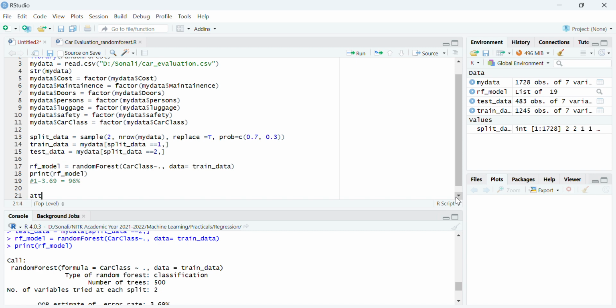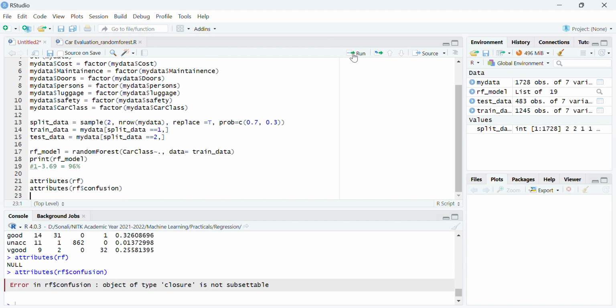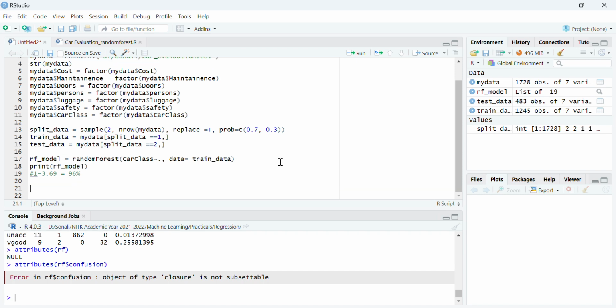Now, if you want to see the attributes used in the random forest classifier, you can check them using attributes. Right now you are not able to see on which attributes it is splitting, but yes, we can always do the predictions.